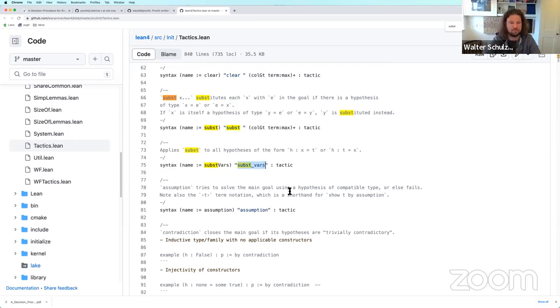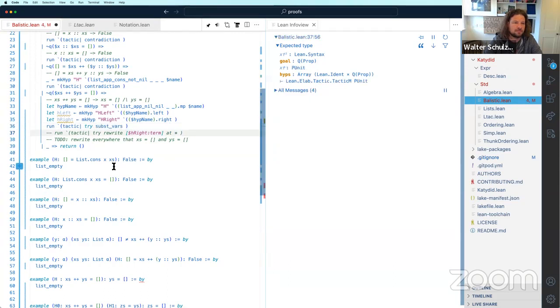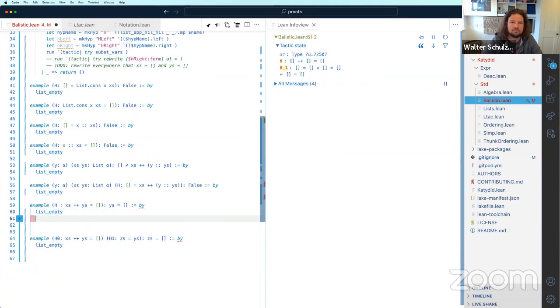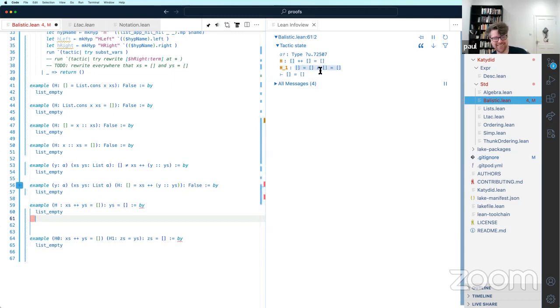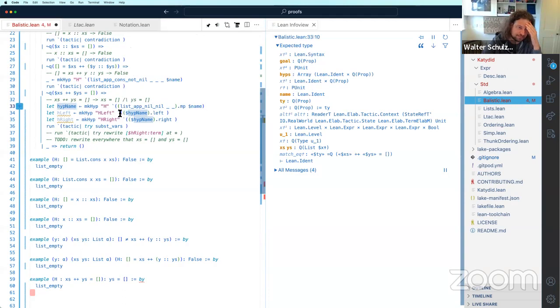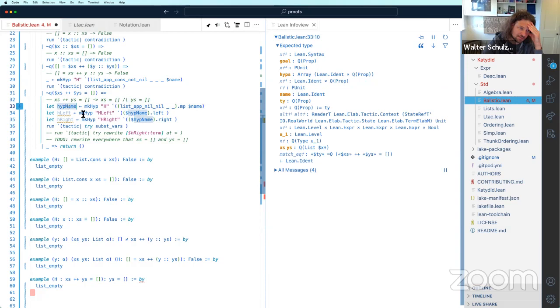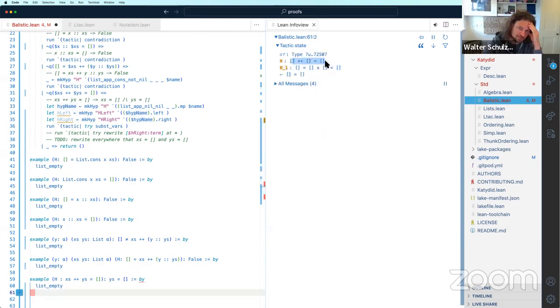Okay, let's see. We've broken it up and we just want to run subst vars. Technically, once you've split it up, it's really pointless to keep this hypothesis around. And that's this one.